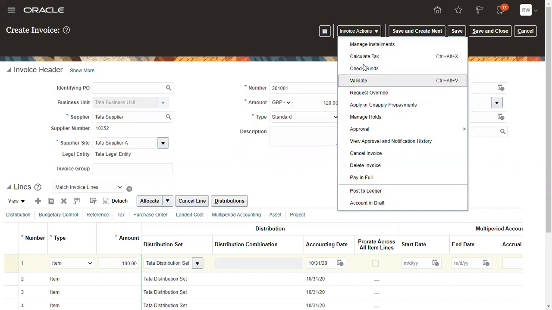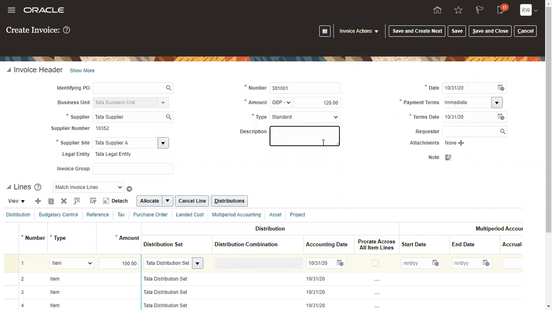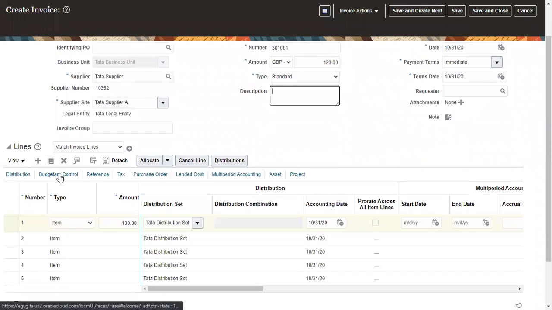Okay. What are these below, like below the lines it is written distribution, budgetary control, reference, tax I know, PO I know, multi-period I am aware. Which one are you asking? Below all, budgetary control will only come if you have set up the budget. Then only it will come into picture.